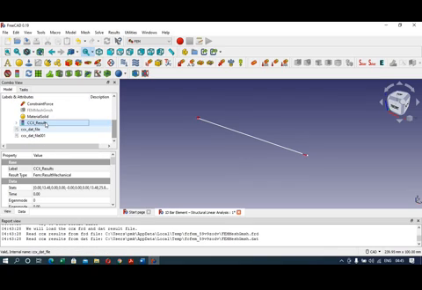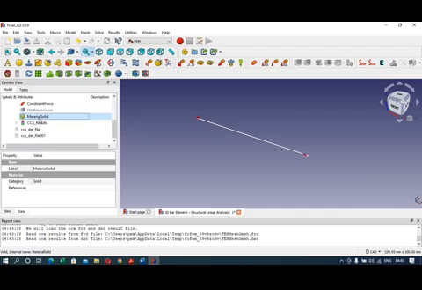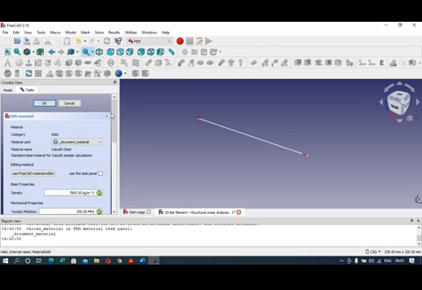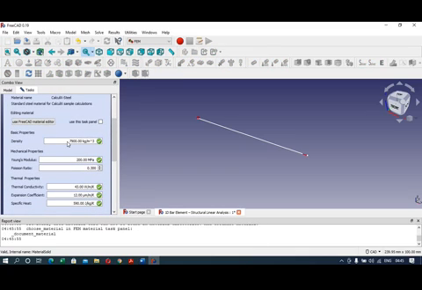So the second parameter which you can change is in the material solid. Here you can double click on it. So okay, so here you can change the density, 3 different values of density. So you can click on this button to change this density value. Okay, and here the Young's modulus also you can change for the different density values. So 3 density values and 3 Young's modulus.